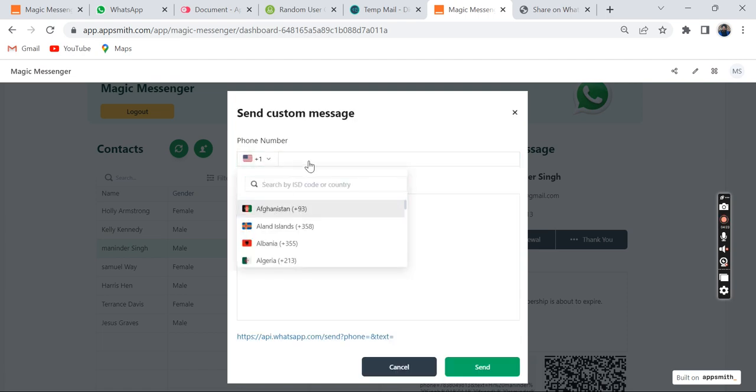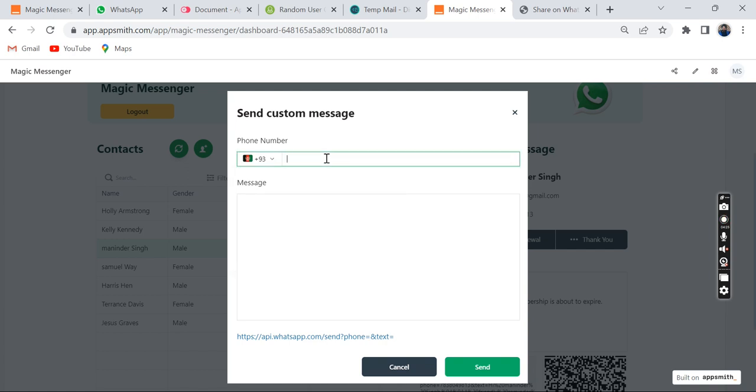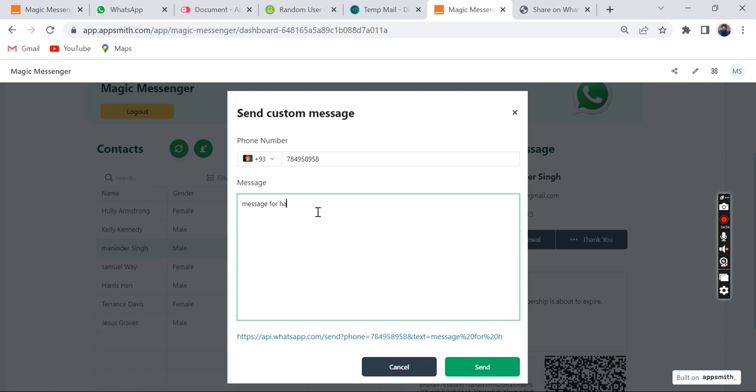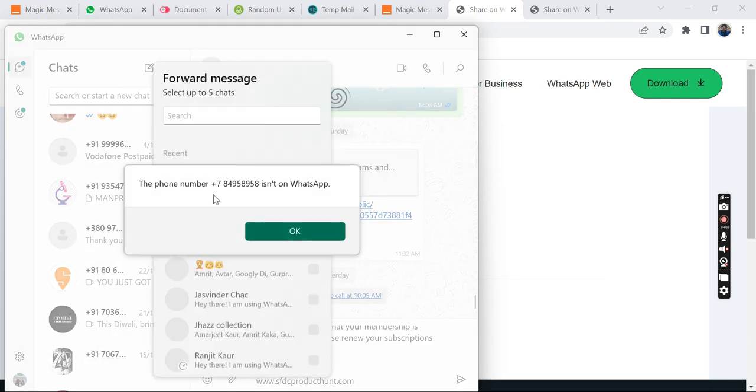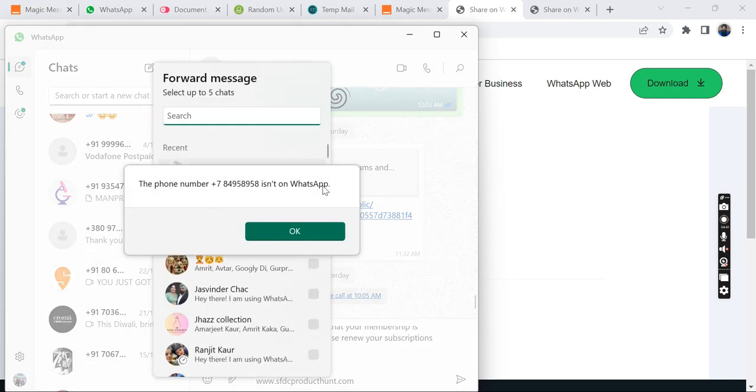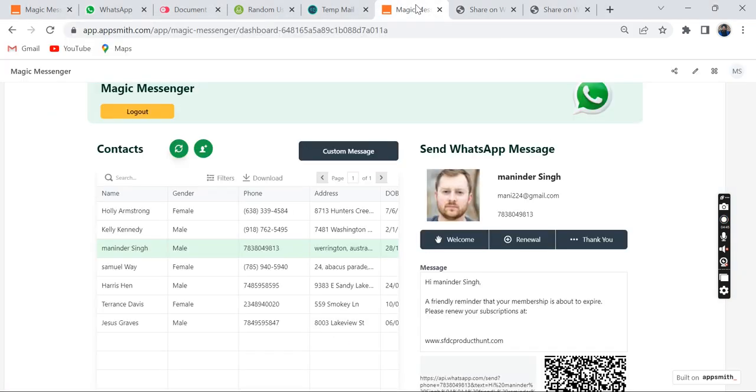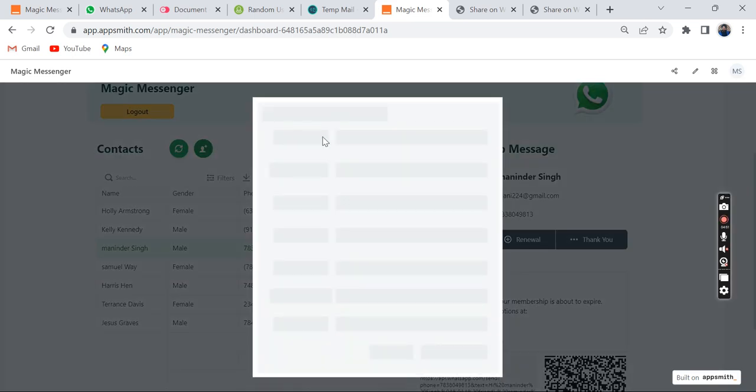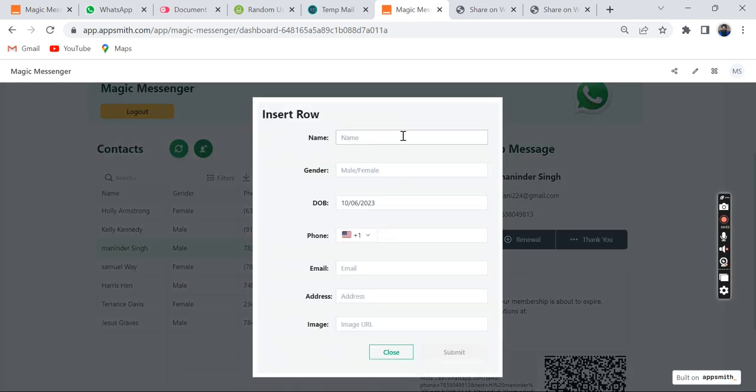You can enter the phone number here, enter the message you want to send, and click on send. Since this is not a valid number, WhatsApp would display that this contact does not exist, which is valid. And to show you the feature of adding a new contact, we click the icon to create a new contact,